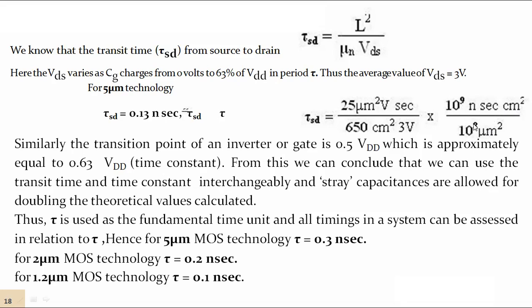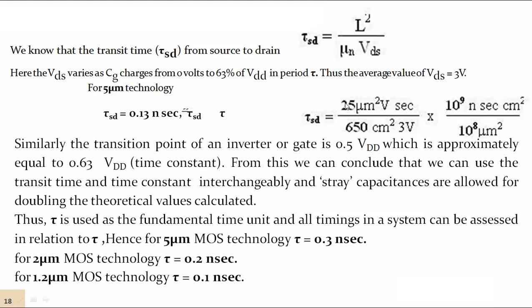10 to the power of plus 8 is substituted because of the nano. 10 to the power of plus 8 is substituted for the micro within centimeter. If you remember that, it is sufficient. Okay, if you calculate this, if you divide this 25 micrometer, micrometer gets cancelled, and centimeter square gets cancelled.